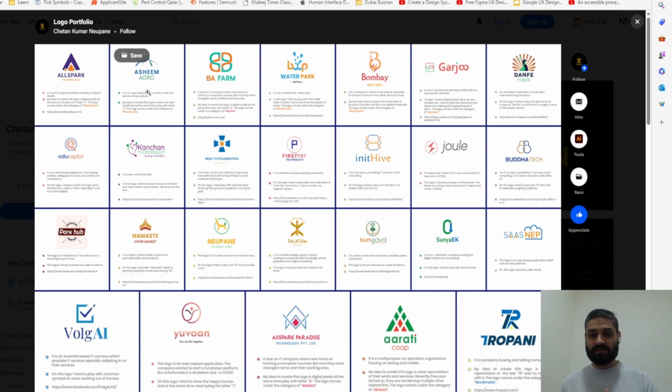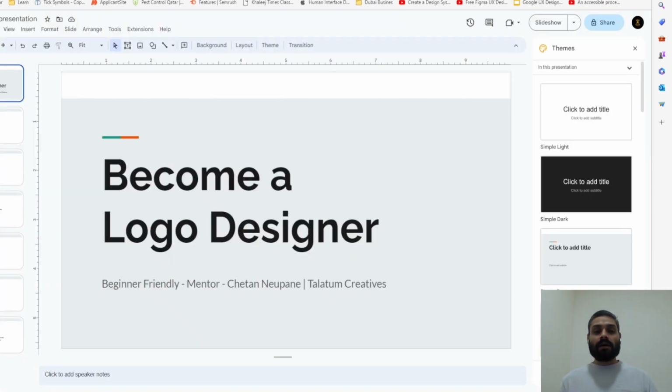There is a variety of businesses: some are technological, some are agriculture related, and some are a fun park type restaurant. There are lots of multiple logos, AI related and technology. Over the past few years I have worked as a logo designer too, but specifically I am a UX UI designer. As part of the creative field, you have to design a logo for a business also.